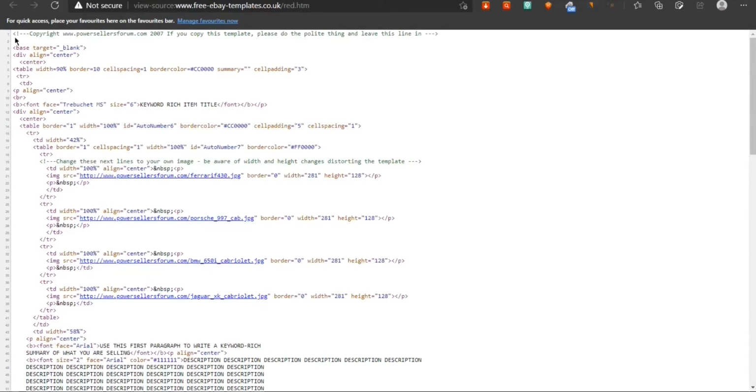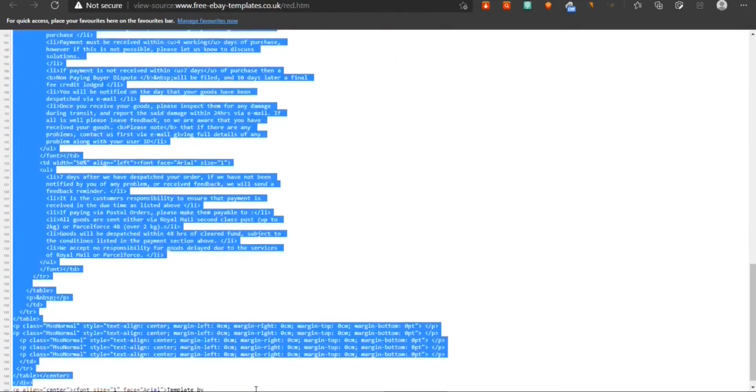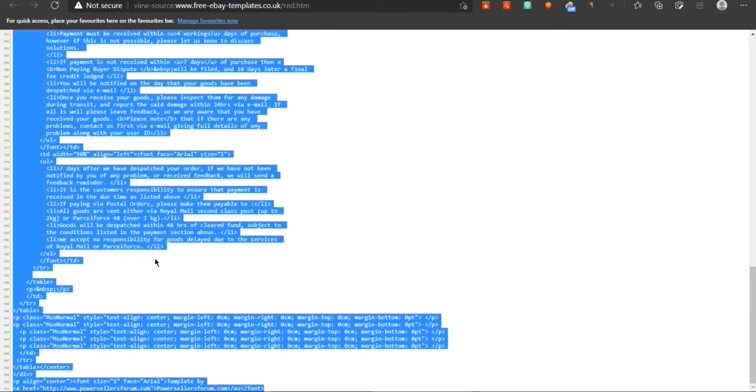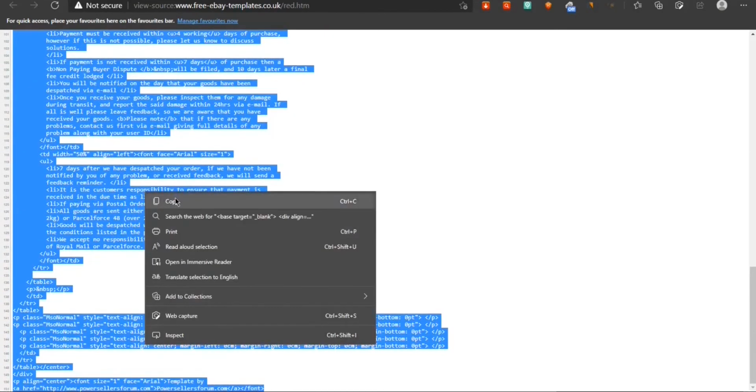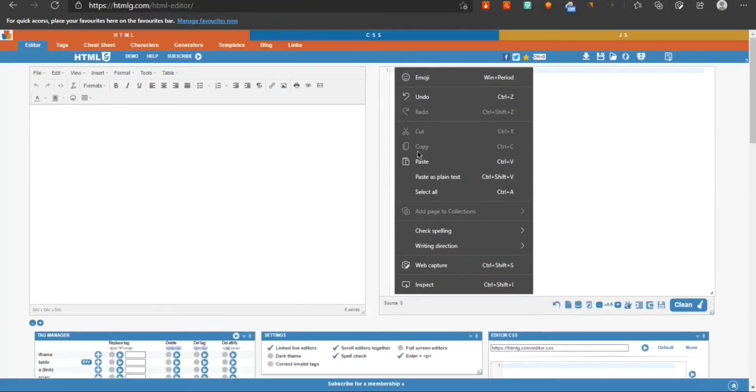You have to go for the page sources, then copy from here. Let's paste that code here.